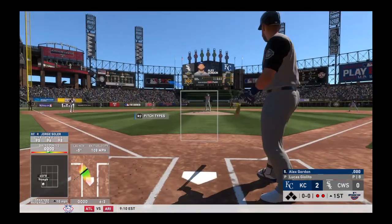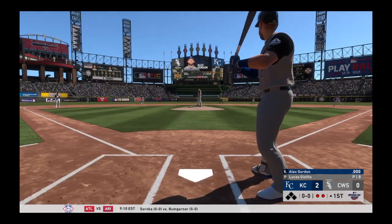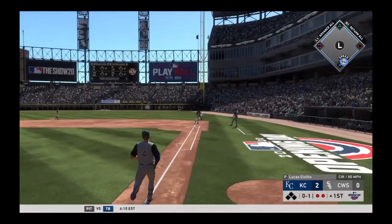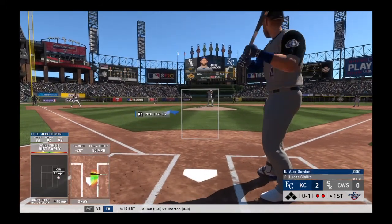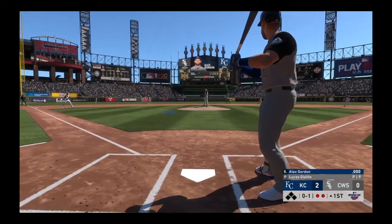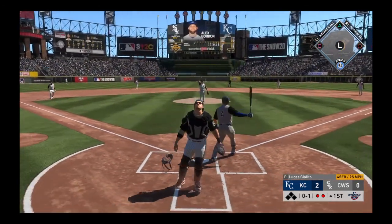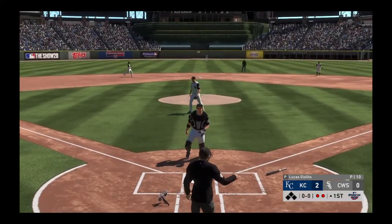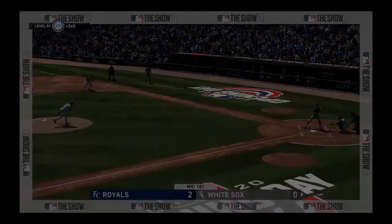Here's the left fielder Alex Gordon. Past history with Lucas Giolito. Comes in with 6 hits in 27 at-bats. He's taken him deep once. Grounded up the first baseline. Gordon is simply an all-around great defensive outfielder. Not only does he have great range and great hands, he's also got a plus arm, one that base runners and base coaches certainly have to be mindful of. Absolutely. And we'll have to leave it there as the play is made here to end the inning. The Royals come up with a...